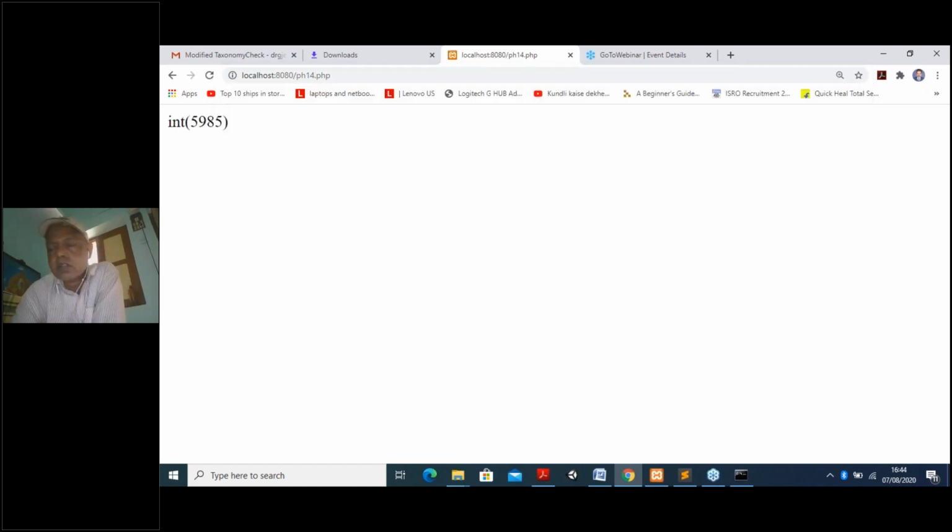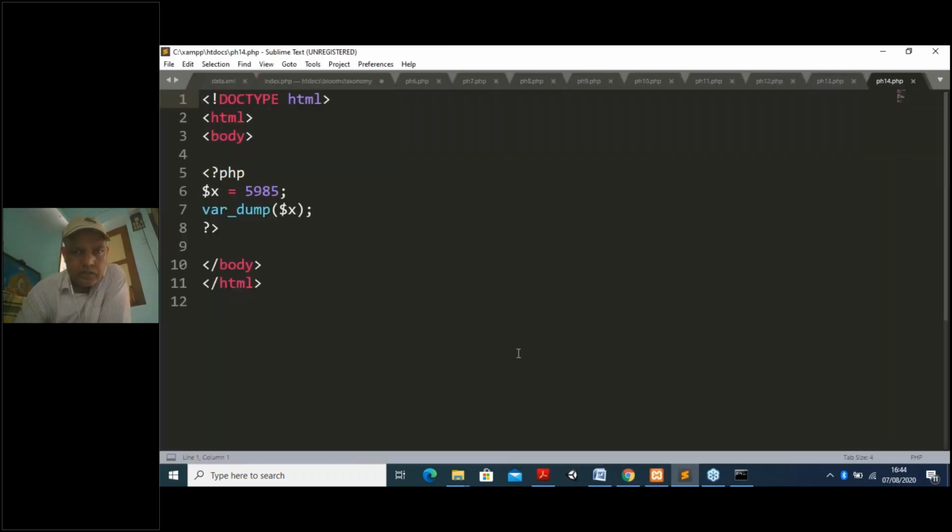So it is telling integer. It is saying integer. Okay, so now let me see. Suppose instead of the round number or whole number, I give some decimal number. What is it saying? Okay, next program we get ready for that one. So it is easy, I think, for you now. And PHP is damn easy. I can understand. I can claim it also.